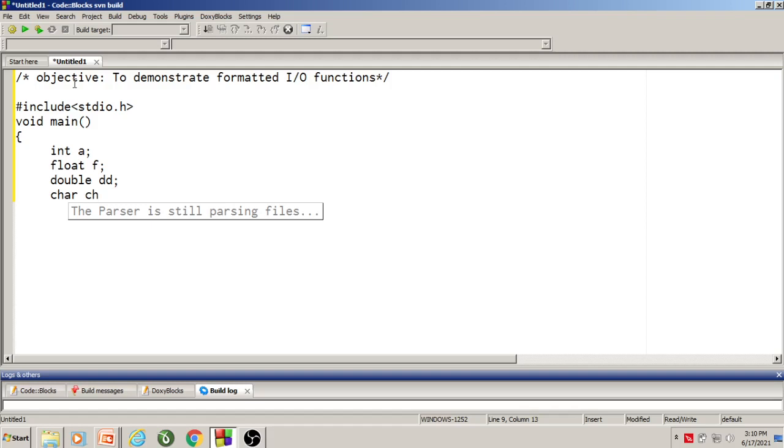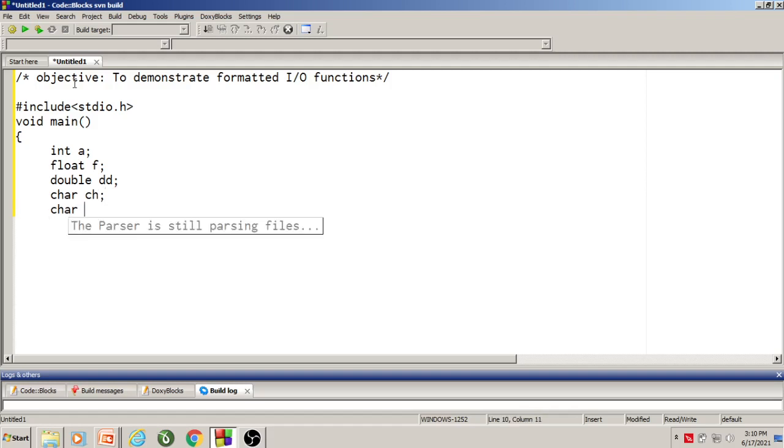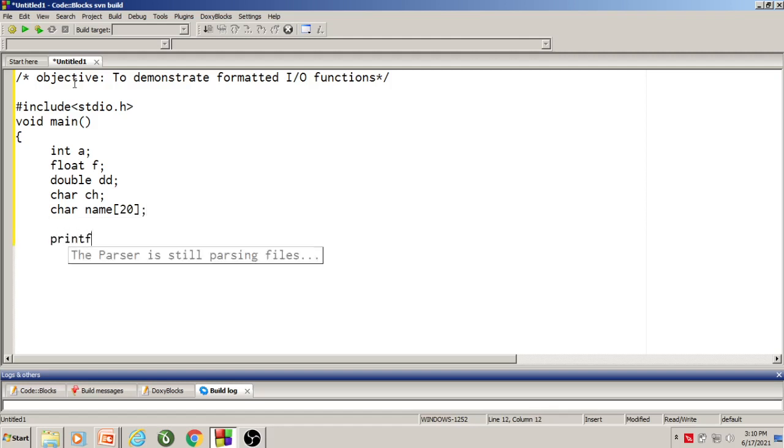char ch is a character type variable, and next I declare a string type variable as name, and I want to store 20 characters. So I write a statement, enter the data in the following sequence.